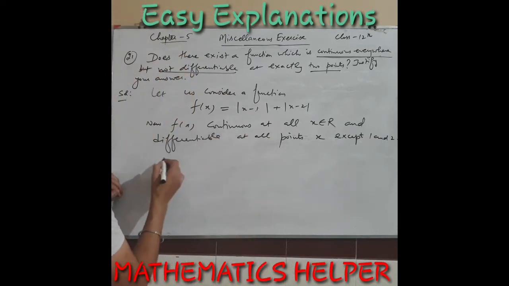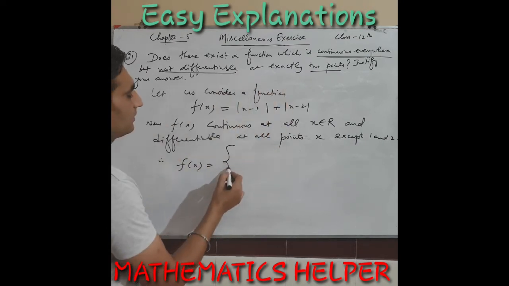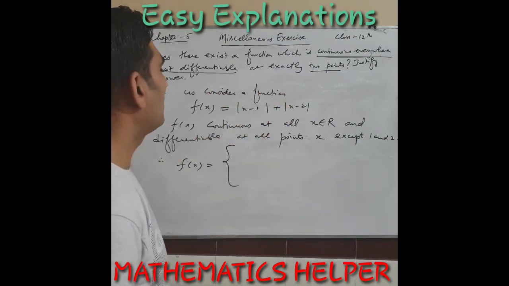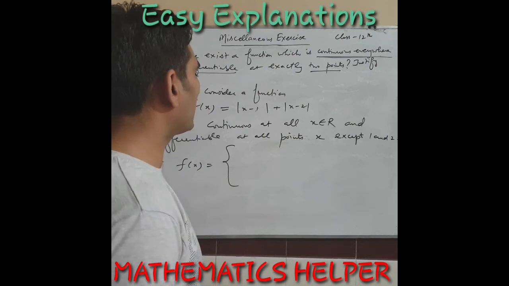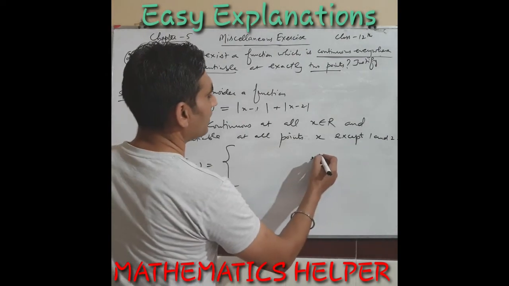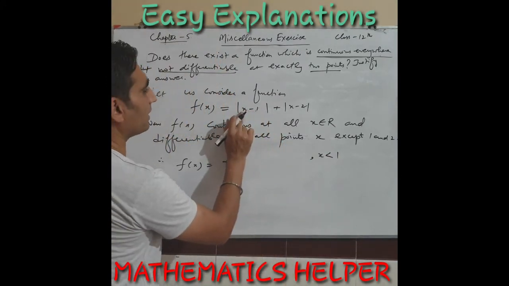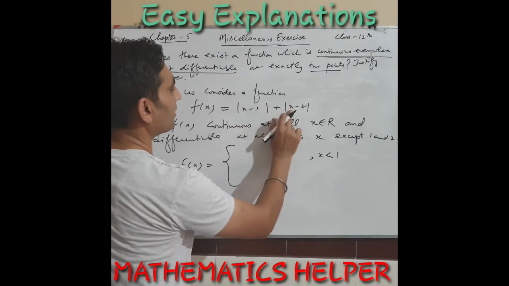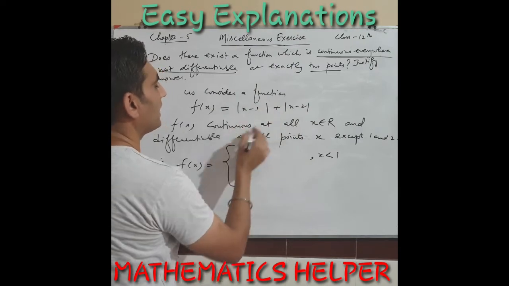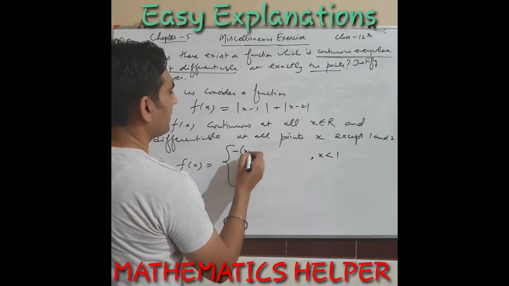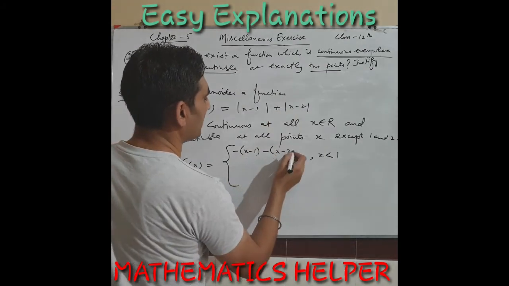See how? So what is f(x)? f(x) is this one. Let's break it into different statements. Here you have two numbers, 1 and 2. Let's break it at 1 and 2. Very first, if your number x is less than 1, it will be negative. And here also a number less than 1 will give negative, and this modulus will have negative signs. So you have this as -(x - 1) when you leave the modulus, and before it also -(x - 2).